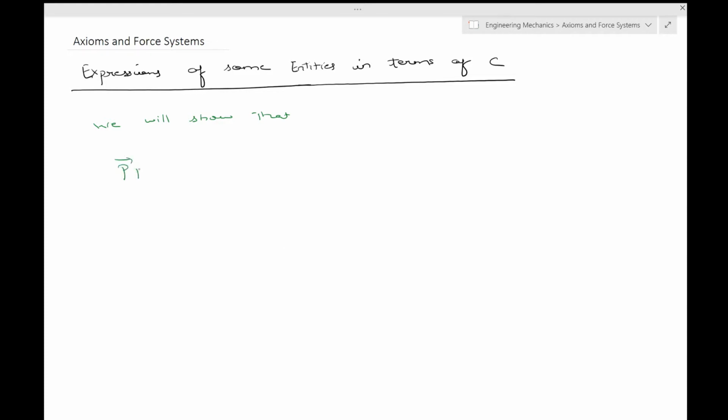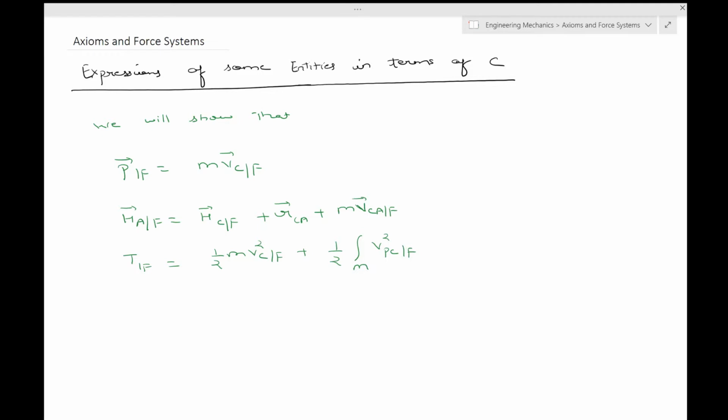the momentum in the F frame is equal to m v_C by F. The moment of momentum in the F frame about point A is this, and the kinetic energy T, and the power